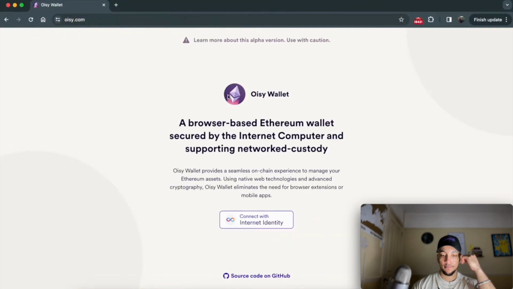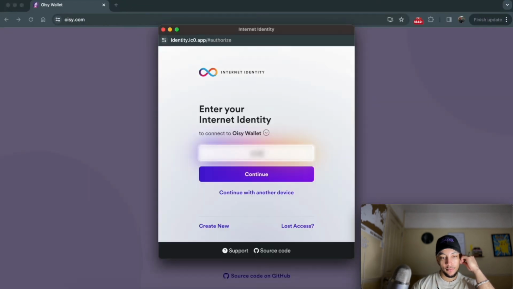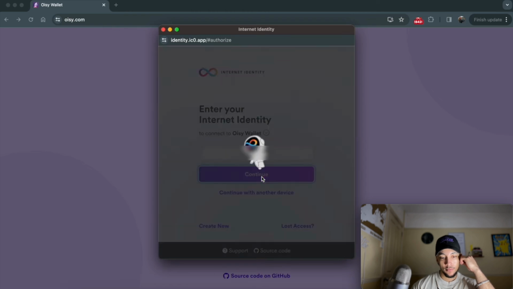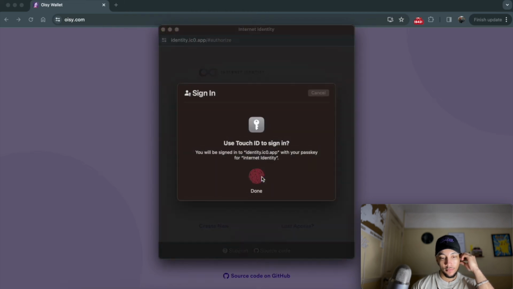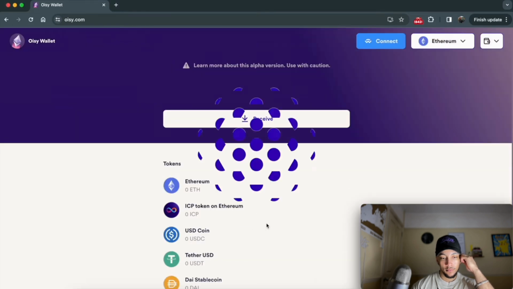Wow, that's so cool. And you also said something about Ethereum. So what does this wallet hold? Right, so now with the wallet, you can log in with internet identity, so that's like a blockchain authentication mechanism that uses your phone's biometric key unlock system. So with that, you authenticate yourself to that wallet smart contract, and then the wallet smart contract will, for you, generate an Ethereum public key, and essentially an account of that wallet, or like your own wallet that has